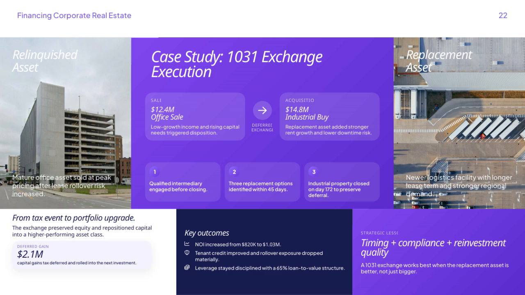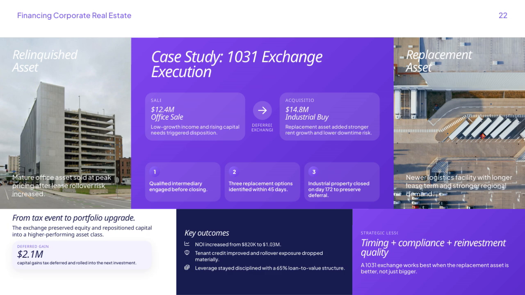This replacement asset offered a longer lease term, stronger regional demand, and importantly, stronger rent growth with lower downtime risk. This acquisition effectively upgraded the portfolio by moving capital into a higher performing asset class. The exchange process involved engaging a qualified intermediary before closing to ensure compliance. Within 45 days, 3 replacement property options were identified, and the industrial property closed on day 172, preserving the tax